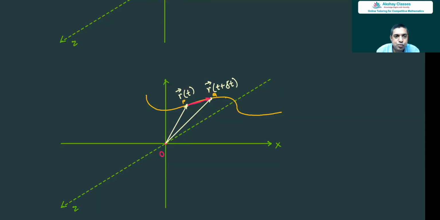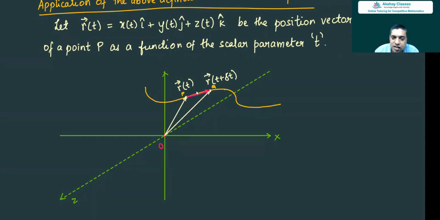When delta t tends to 0, if delta t tends to 0, this point Q will be just next to this P. So what we get when we draw this line PQ, we'll get a tangent, isn't it? This PQ bar here,